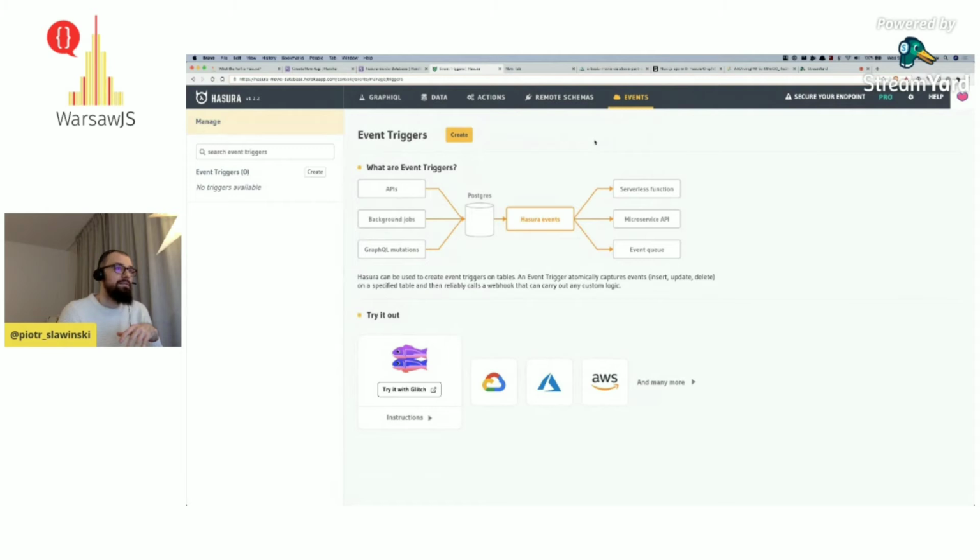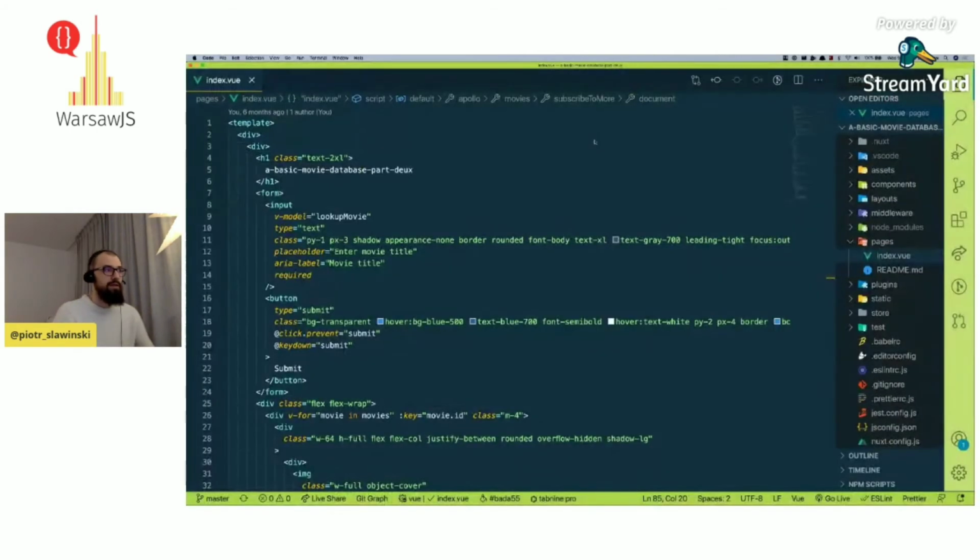And what else? Okay, let's check out the code, because I have an app. The app is made using Nuxt.js, and it's a very rudimentary movie database. So it's all in one component, so no fancy architecture over here, sorry. Or maybe this is the fanciest architecture, because junior developers write complicated code and senior developers write simple code.